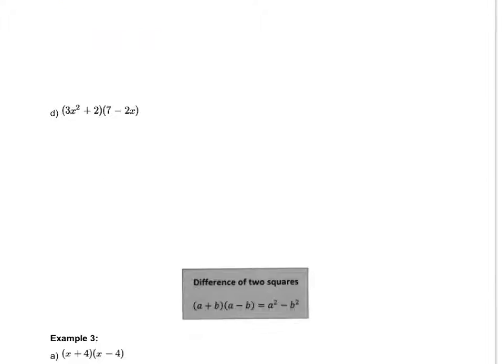We have similar examples of the same thing. It's a quick fly through. You should be able to try these yourselves. Actually, I won't even do these. I'm going to leave these to you to attempt. Just remember that the 4x here has to be multiplied by both of these, and then the minus 4 by both of them, and then we try to simplify by combining like terms. And the same with b. They're up to you to try. We'll skip on to the next part,